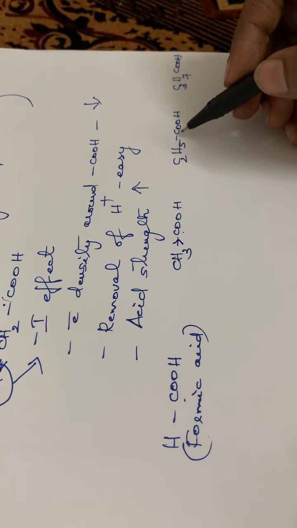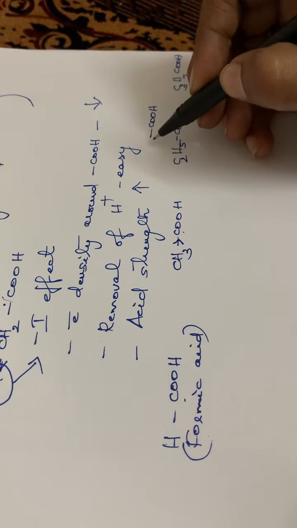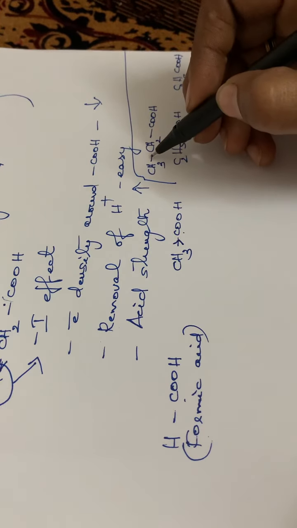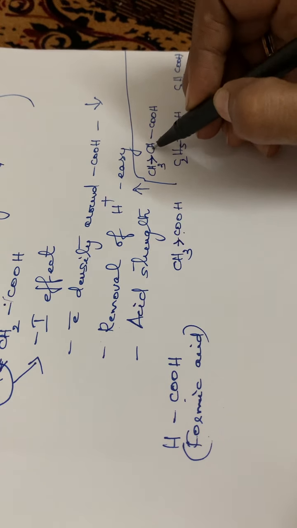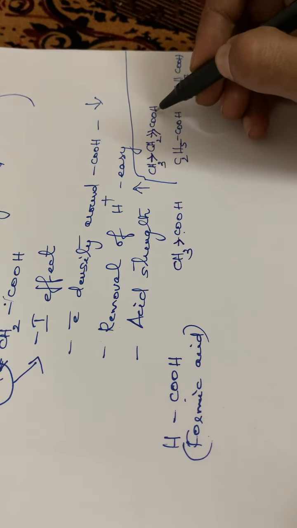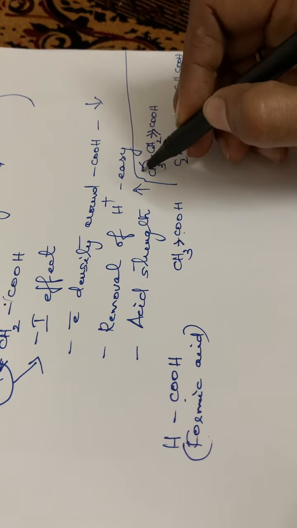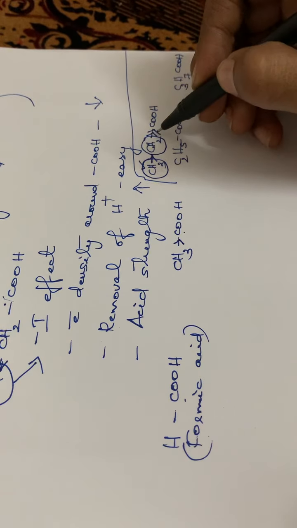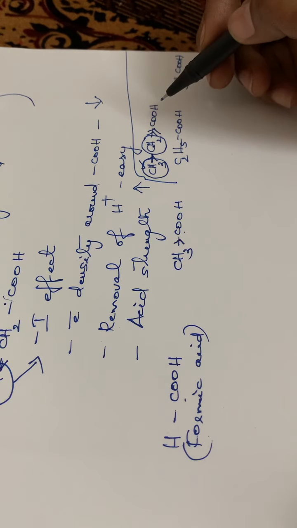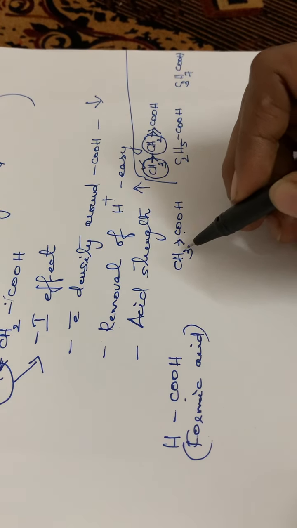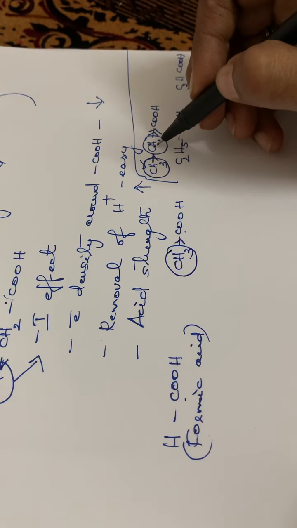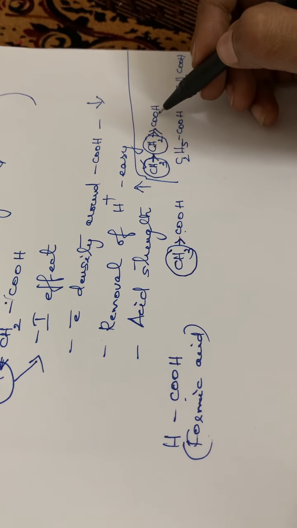See, this propanoic acid means the COOH, then again what all groups are there? One CH2, again one CH3 group is there, isn't it? So here the CH3 group will be shifting its electron towards this CH2 group. Then again this CH2 group will be shifting the electron towards the COOH group, isn't it? So two alkyl groups are there. So these two groups will be pulling the electrons towards this COOH group. Okay, so in the case of acetic acid, there will be one alkyl group, but in propanoic acid, there will be two alkyl groups, and the two groups will be pulling the electron towards the COOH group.